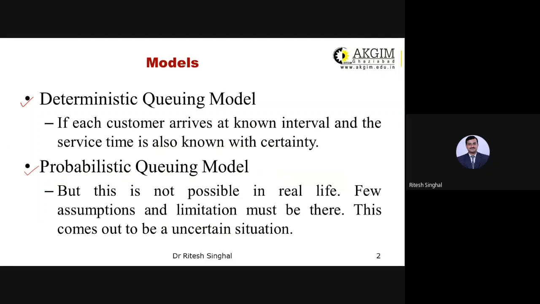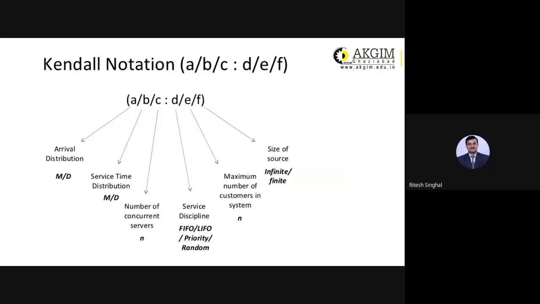But the probabilistic model is basically the model where there is probability associated with service, with arrival, or with any kind of characteristics of the queuing model. So probability is always there, where we need to answer the question with some probability, because no deterministic value exists. Okay, so let's start with one of the probabilistic models. This is a general notation,